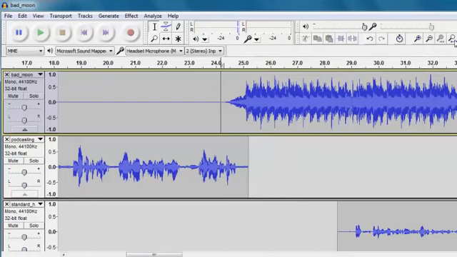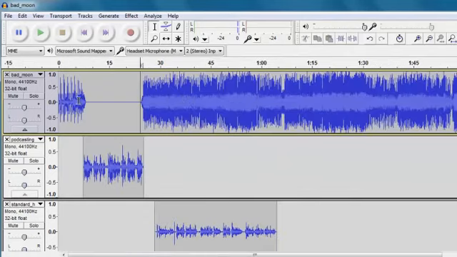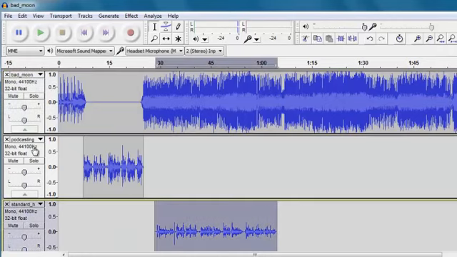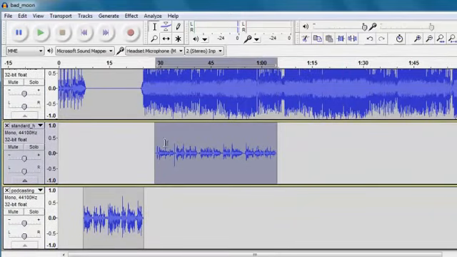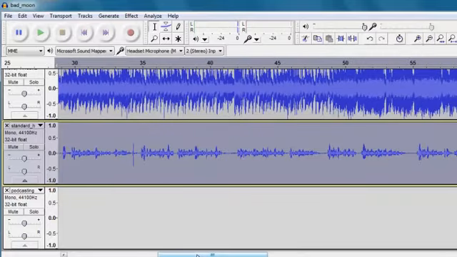So let's just have a look at the full thing here, and we can see that we've got a music track here that fades out when the vocals come in, and we need to do a similar thing for this track to be able to make this interact with the music track. You might find it easier to shift these about so that they're nearest to the tracks that you're working in. So I'm going to drag this one up in the timeline, I'm going to zoom in, and very